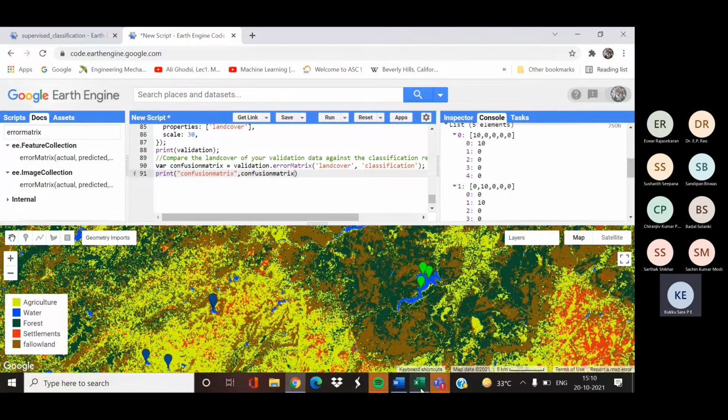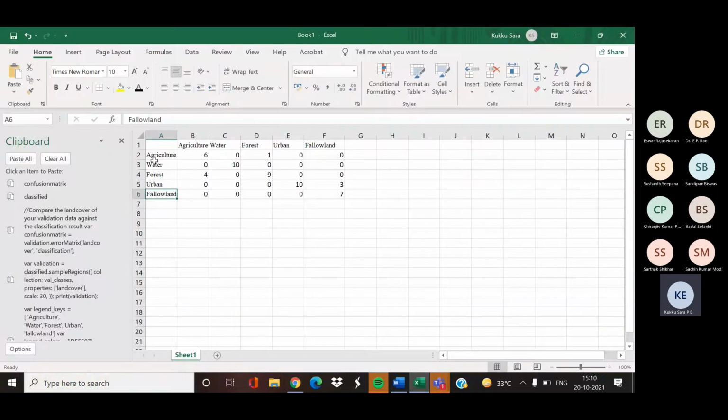If you put it here, it is showing as each column. So when you put it, it will be like that. Your reference data will be there, your classified data will be there. So here the diagonal elements will represent the correctly classified pixels. So 6 agricultural pixels are correctly classified as agriculture pixels.